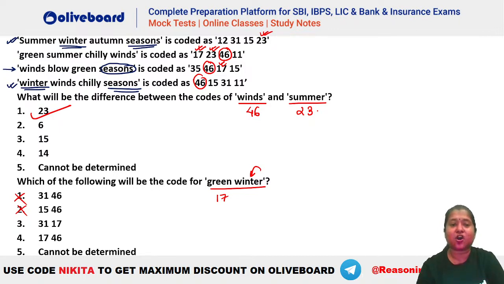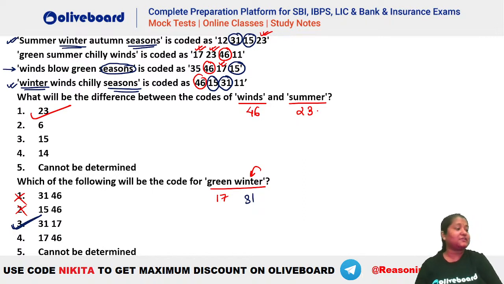So let's see what is common between the first and fourth. You can see we do not have 12. Do we have 31? Yes, we have 31 here, 31 here. Do we have a 15? Yes, 15 is here, 15 is here. 23 is not there. So it has to be either 31 or 15. But 15 is there in the third one also. That means 15 will be for seasons and 31 will be the one that is going to be for your winter. So it has to be 17 and 31. So that means it has to be option number 3. Are we clear everybody? तो इसका आंसर क्या आएगा? ऑप्शन नंबर 3 आएगा, ठीक है.